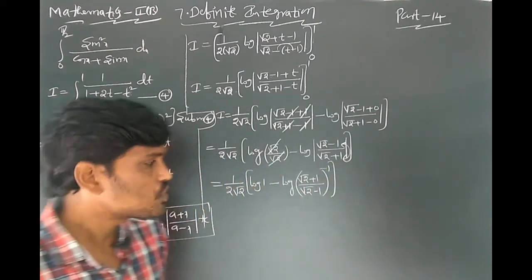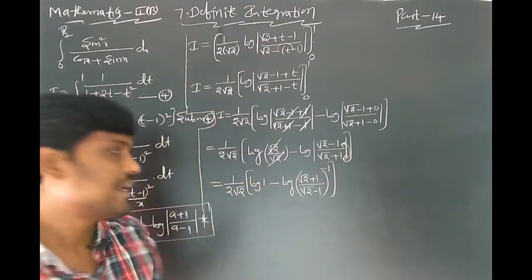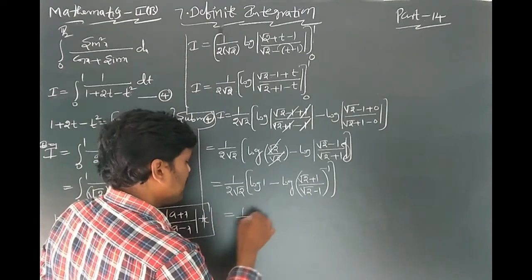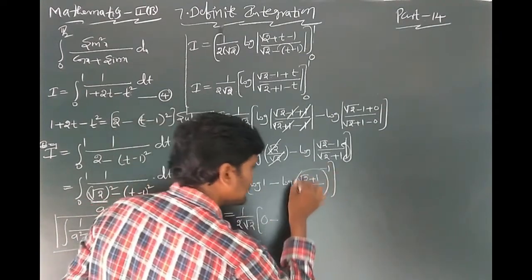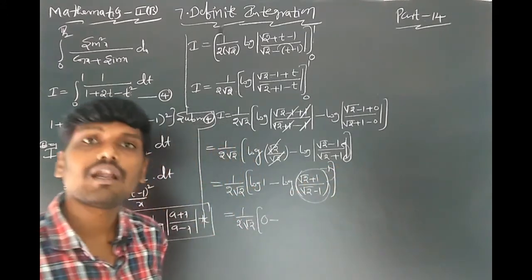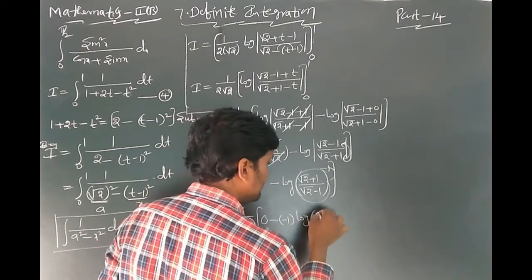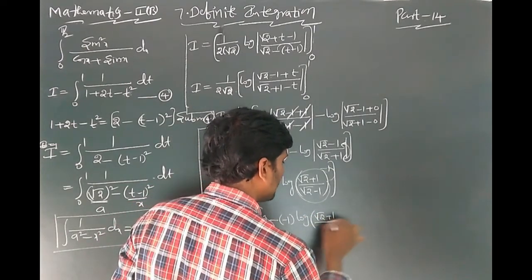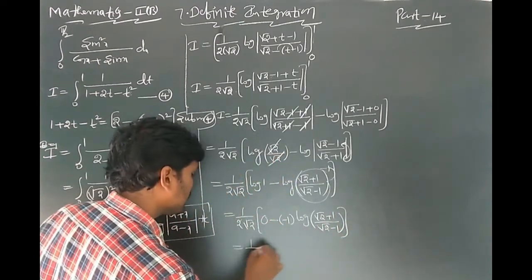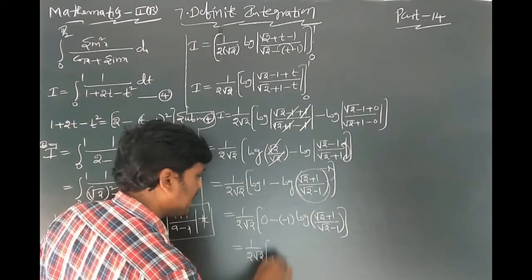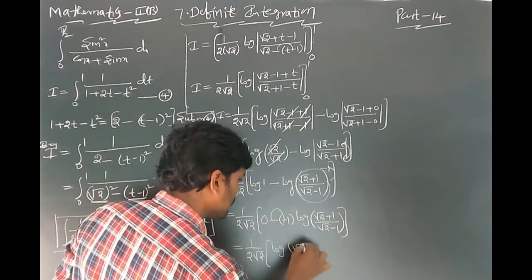Correct or not? Students, here the interchanged power is 1. Power 1 can be changed to minus 1. Here 1 by 2 root 2 log 1, value 0, minus log a whole power m. The formula is what? m into log a, minus 1 into log a. a value is root 2 plus 1 by root 2 minus 1. Next, 1 by 2 root 2, minus into minus plus, log of root 2 plus 1 by